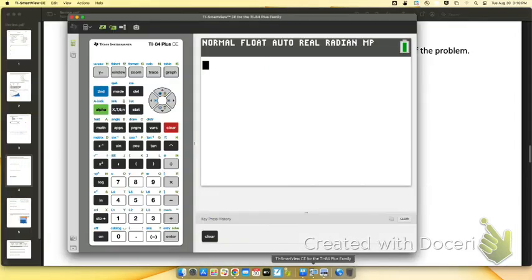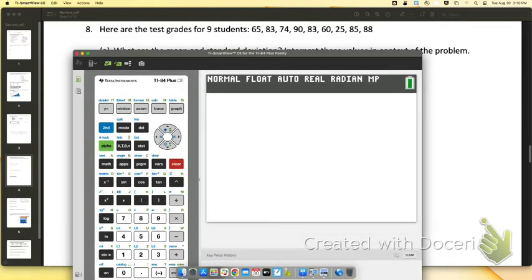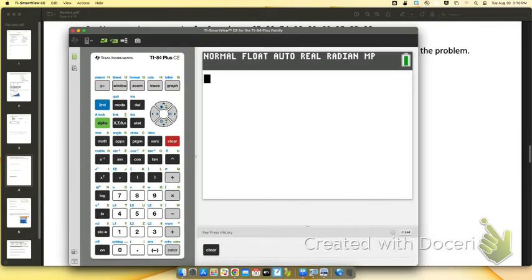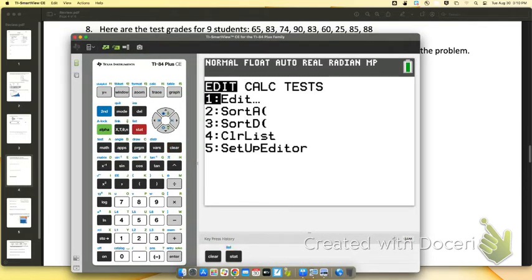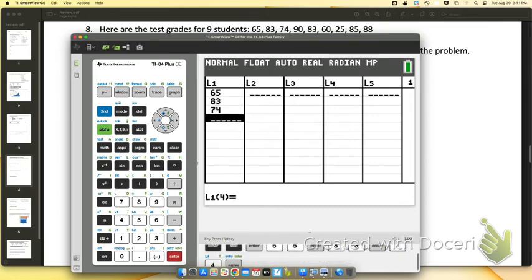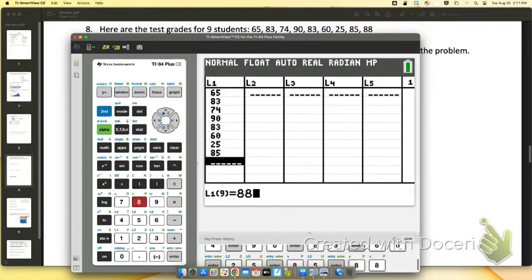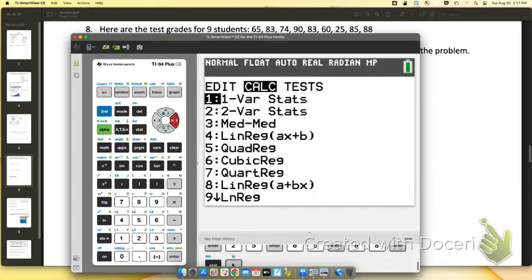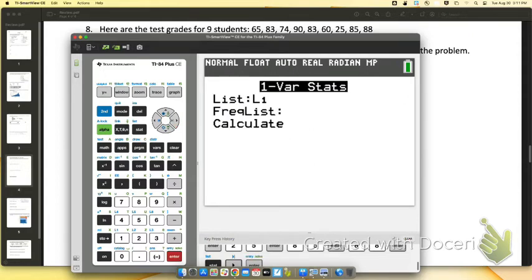So if we go to our calculator, we're going to input our data. Okay, so to do that, we're going to go to Stat, Edit. We're going to input our data. 65, 83, 74, 90, 83, 60, 25, 85, and 88. It does not matter what order you put them in. So there's my data. And now I'll go to Stat, go over to Calc, hit enter on number 1, and